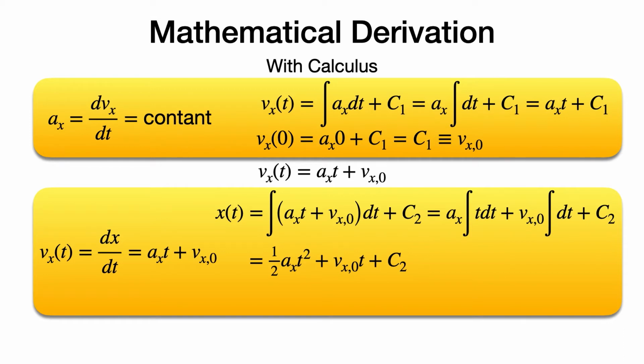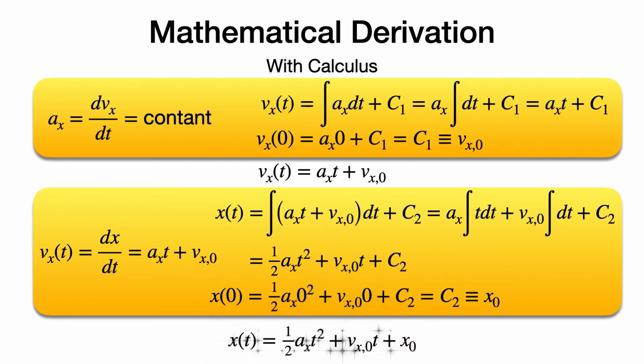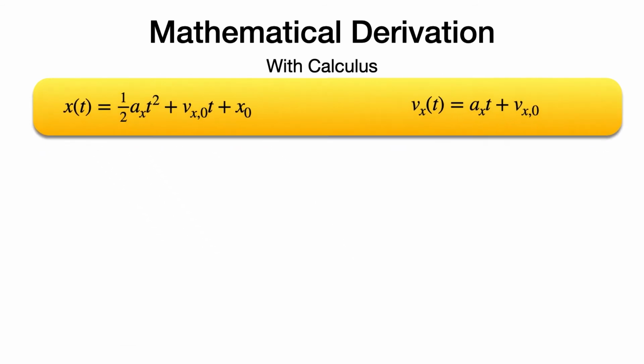We can evaluate this new integration constant again by evaluating this at t equals 0. And we find that this integration constant c2 is just our initial position. And this gives us our second equation of motion under constant acceleration. So these are our two primary equations for motion under a constant acceleration. Position is 1/2 a t squared plus the initial velocity times time plus the initial position. The other equation is the velocity as a function of time is just our acceleration times time plus the initial